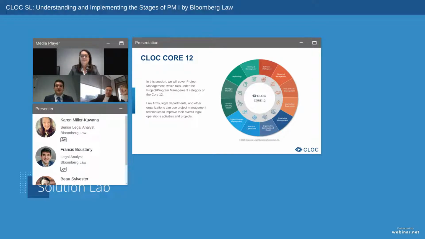And once I did that, I was able to assess, kind of to the Core 12, where we are at Asurion, which then allowed me to go and start talking to our lawyers to find out where there were gaps, where their biggest pain points were. And that allowed me to quickly build out what our prioritization plan needed to be to build out an effective